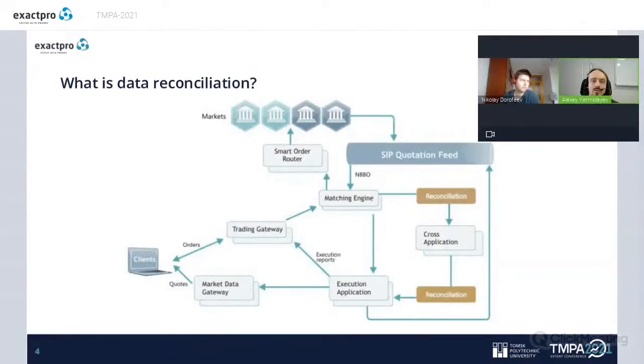Data reconciliation is usually defined as the task of matching records associated with the same entity but represented in different datasets. This task is typical for the systems dealing with data flows transferred between multiple components of complex platform. In financial technology, data reconciliation is crucial for market data dissemination. Electronic trading, clearing and settlement, and other areas of financial technology that involved matching data received from different channels or